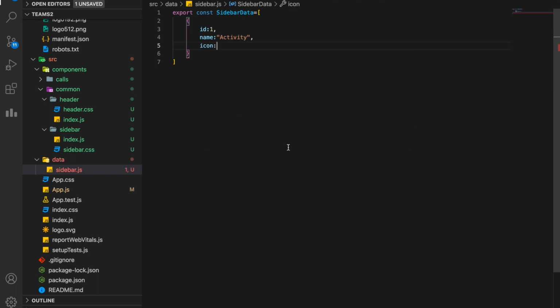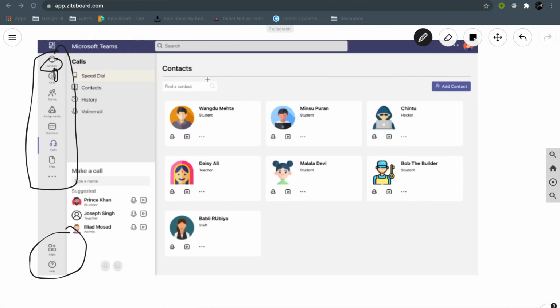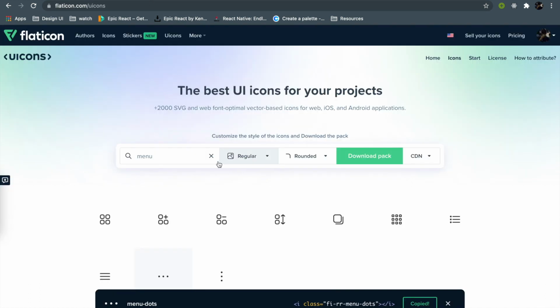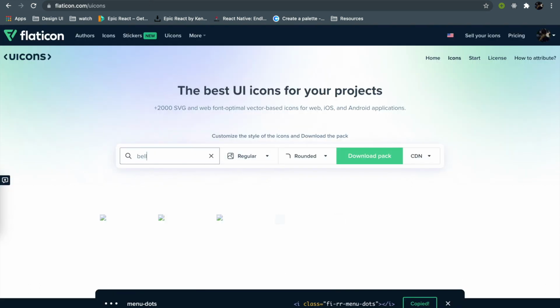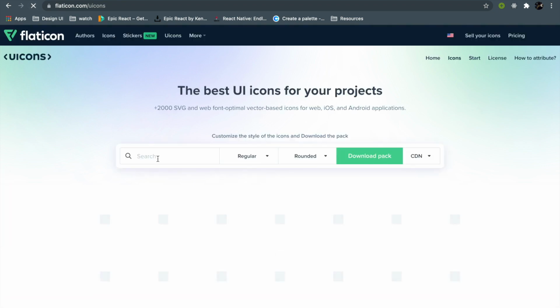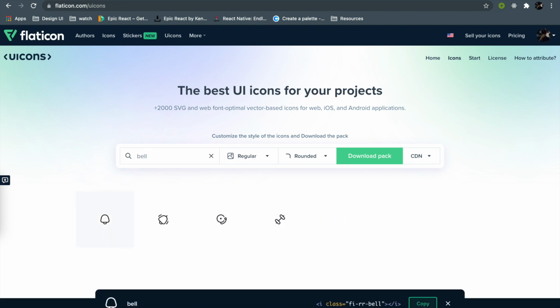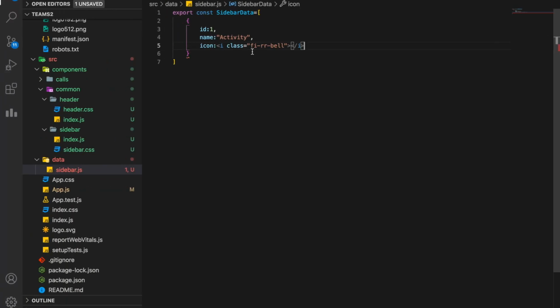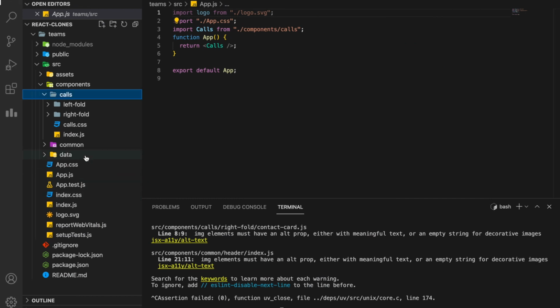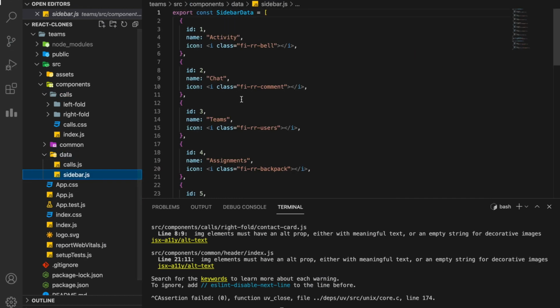So what I will do to make it easier, I will just copy the icon from here. This is known as a bell icon. So I'll say I have a bell. I'll refresh it. Sometimes the website gives you a bug, the images are not loaded, so make sure you refresh it. This particular bell, I'll copy the bell and paste it here. So as you can see, my one component is ready. I'll just copy this particular thing from my old code so that I can save the time. So I will copy this array.